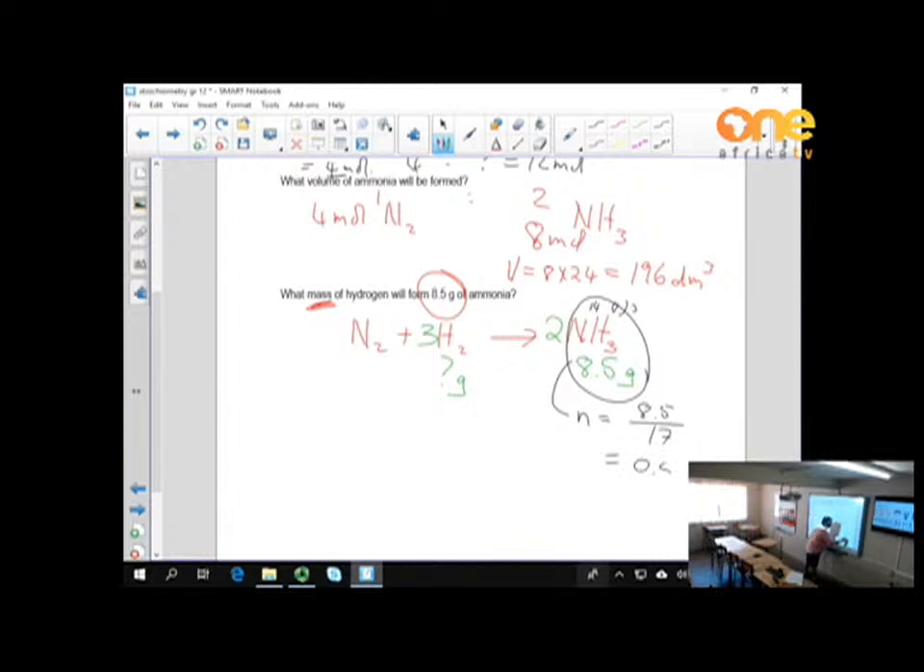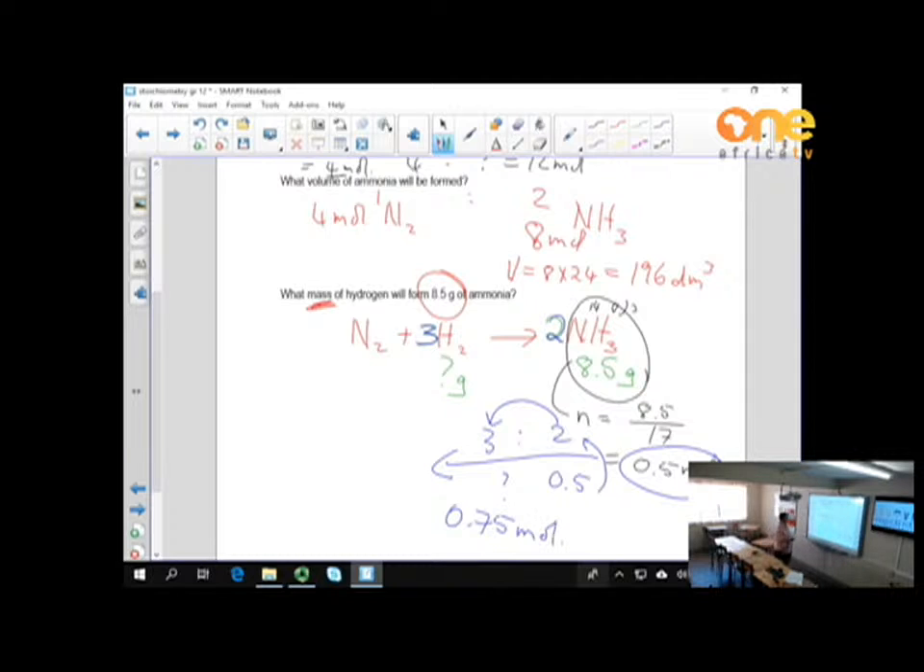So the number of moles is 0.5 moles. What do they want? The next step is to use the ratio from the balancing. The ratio is 3 to 2, but we don't have 2, we have 0.5. So how much of that one? 0.5 divided by 2 times 3 will give me 0.75 moles